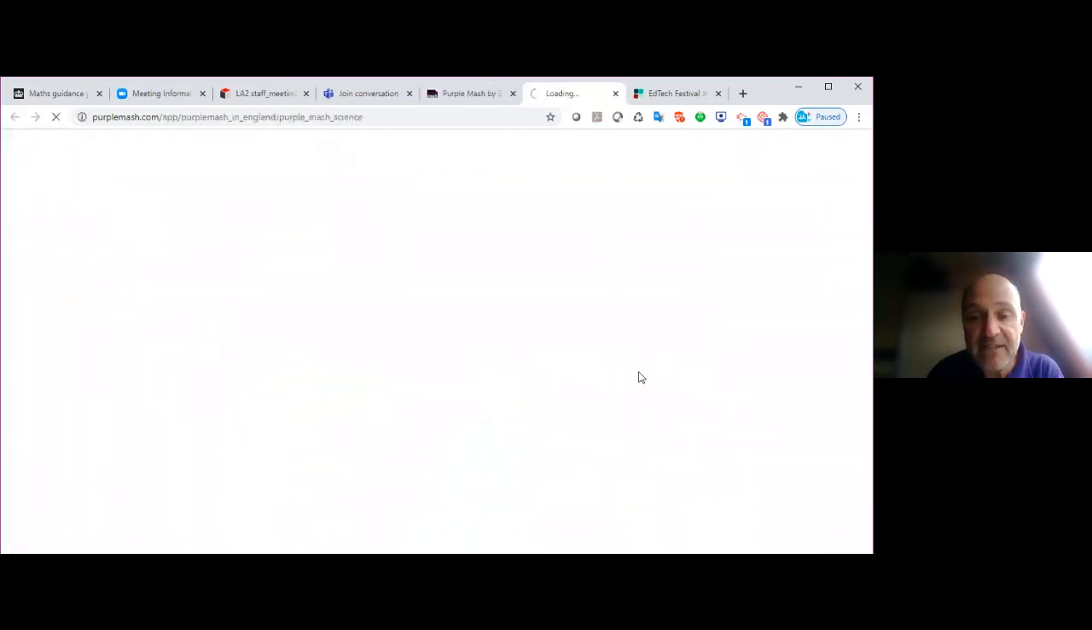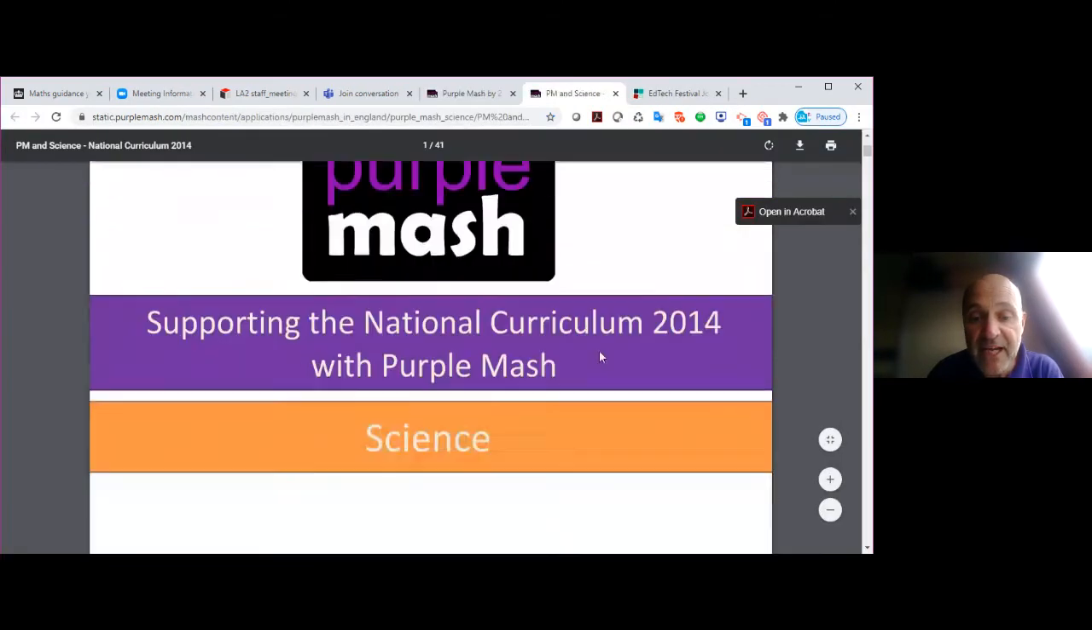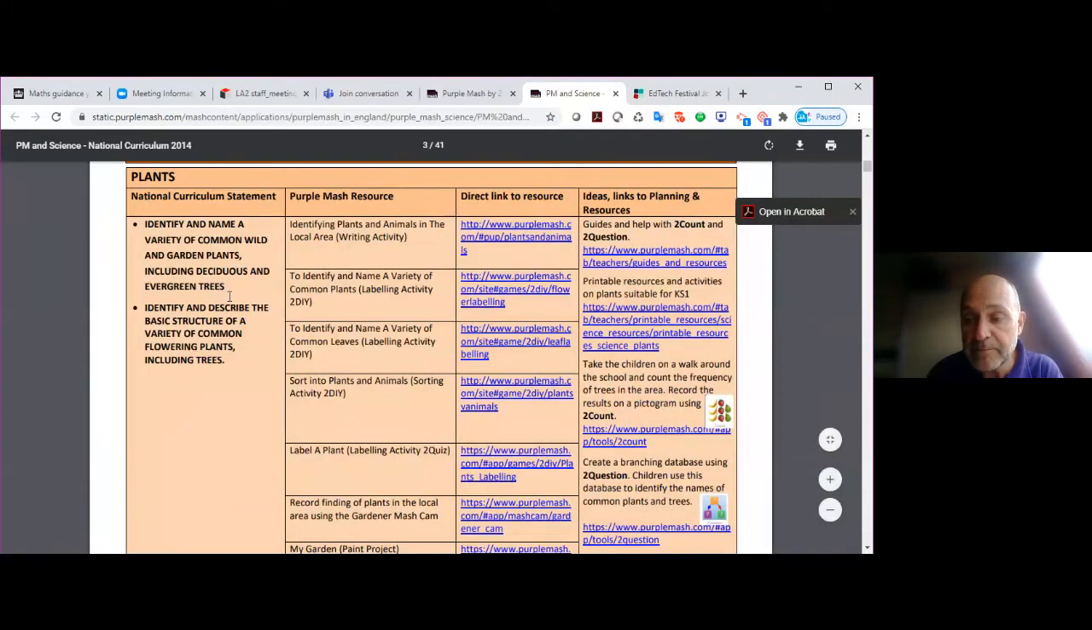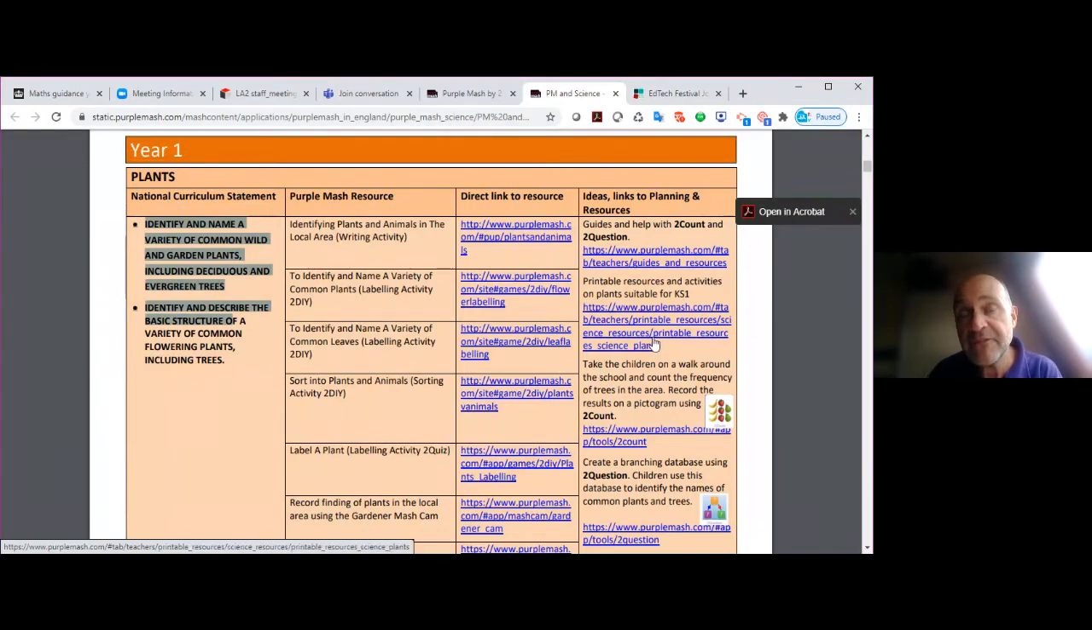So if it was science, I can just click on the science button there and scroll down. There are my units. So if I want to do plants in year one, I just click plants in year one, and you can see I've got my learning objectives up here. I've got a list of the resources. I've got the links to the resources here as well. And then I've got other suggestions on resources that might be useful with Purple Mash. So this is quite handy, especially if you're wanting to